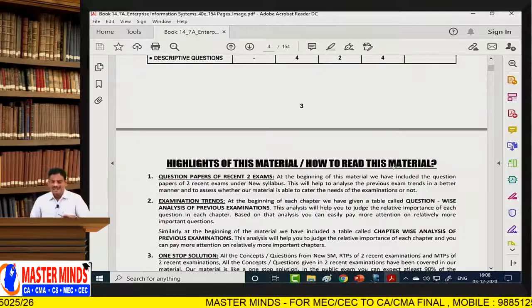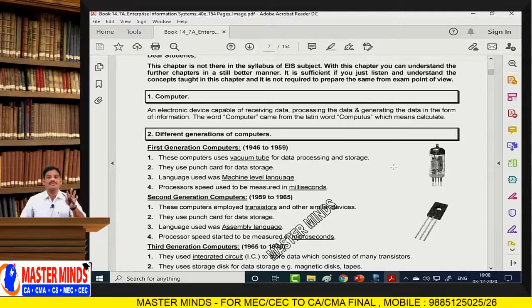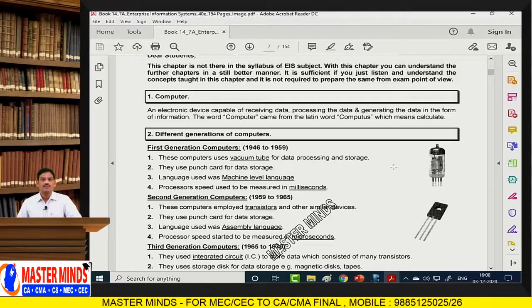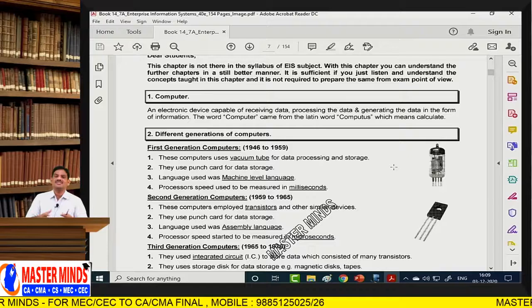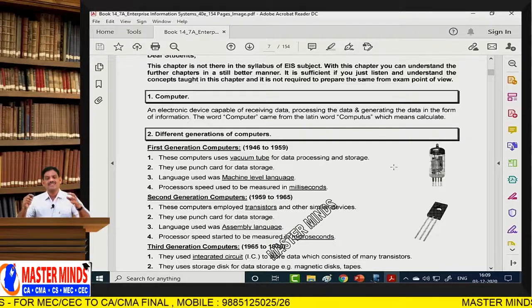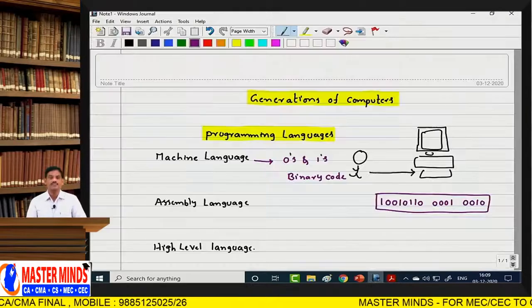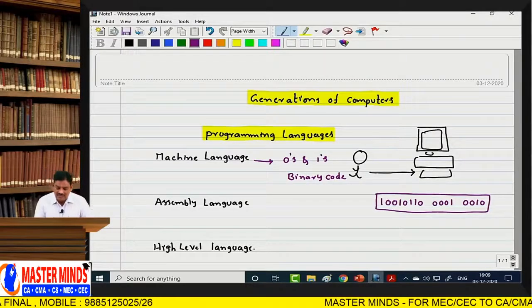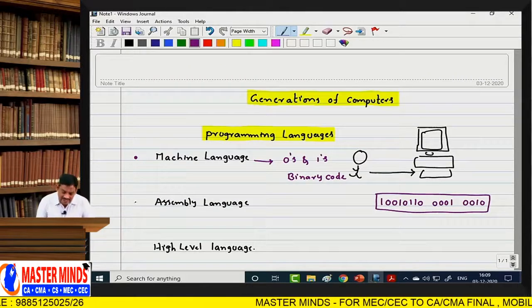So, here assembly language. It is very difficult for us to understand machine language, so they went for a new language termed assembly language. It is very difficult for us to understand zeros and ones because it is clumsy, everything is 0 and 1. Any kind of program instructions are zeros and ones. That's why there is a difficulty with machine language, and that's why we move on to assembly language.